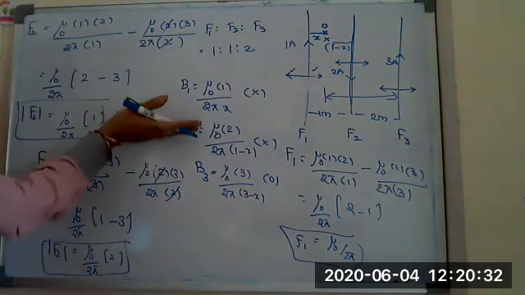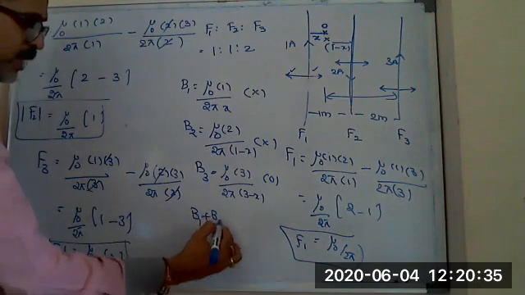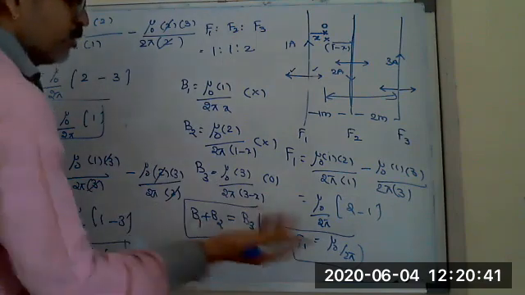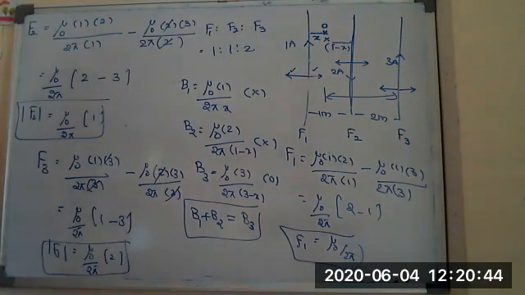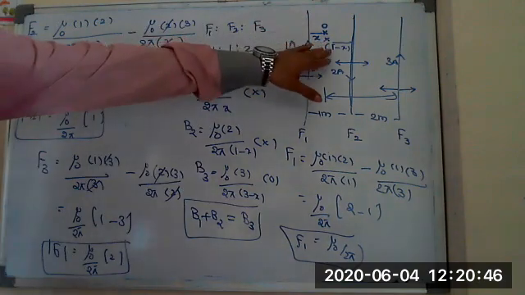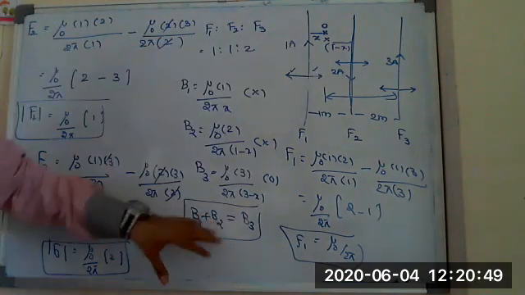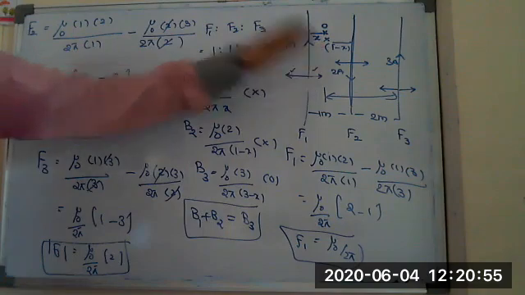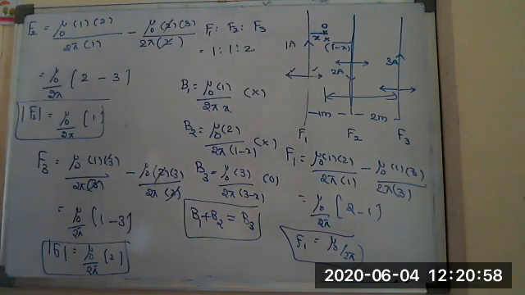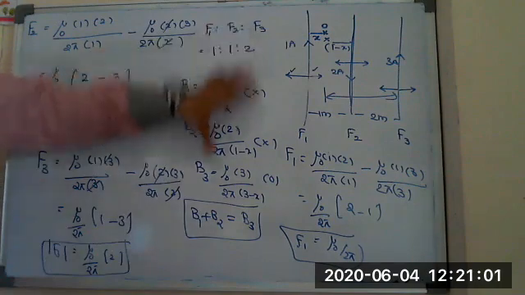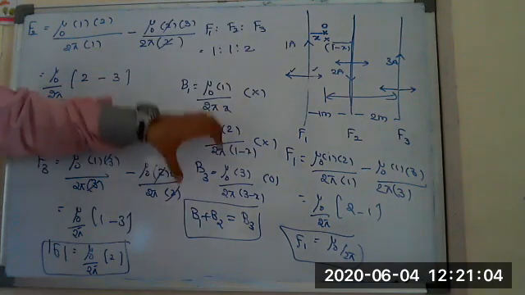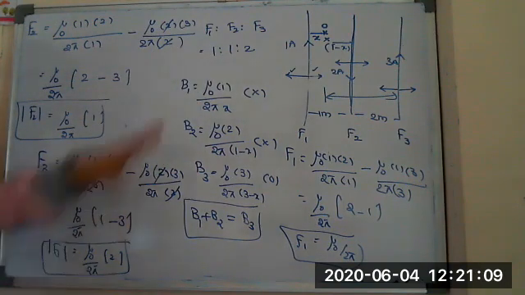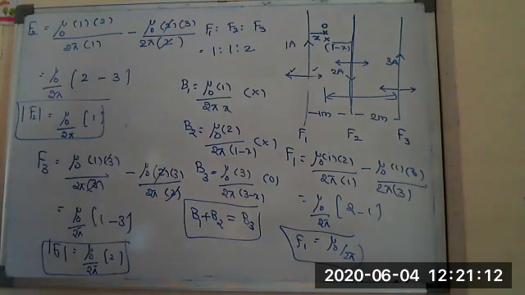So these two are in the same direction. I have to take B1 plus B2 equal to B3, which is in the opposite direction. By solving this equation, you will get the answer. And here, how to say, whether it is formed in between or outside. In this case, if you don't get a valid answer, your assumption is wrong, so I have to come again outside. In that way, we have to solve. This is not easy to find out where the null point is formed. This is the model I am trying to explain to you.